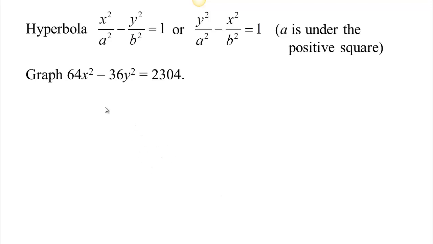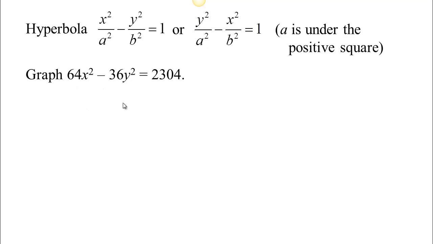Now for hyperbolas, we have this equation. We know we're dealing with a hyperbola because we have x squared and y squared, and when they're on the same side, they have opposite signs. So if this was a plus, we'd know it's an ellipse, but since it's a minus, we know it's a